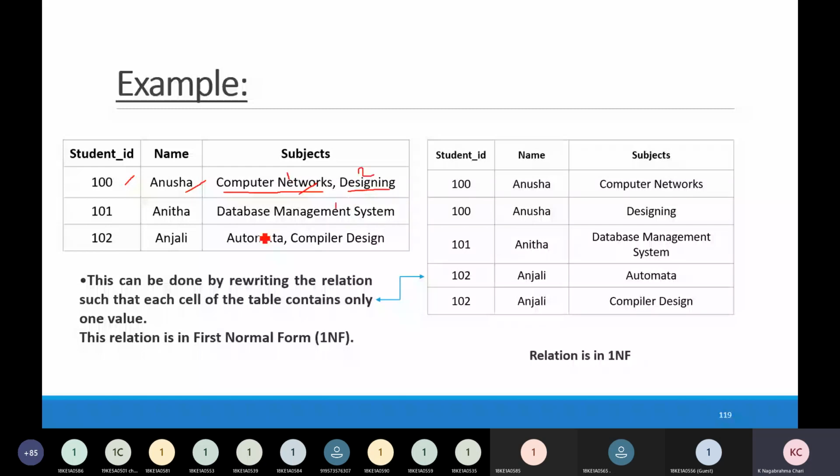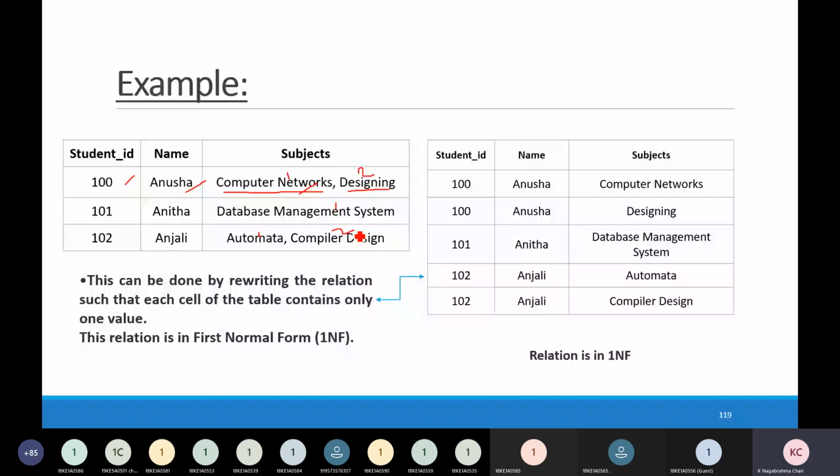Again here automata is one and compiler design is two. We want to convert this table into first normal form. What is the rule for first normal form? In each and every column there must be a single valued attribute. It will not allow multi-valued attributes.